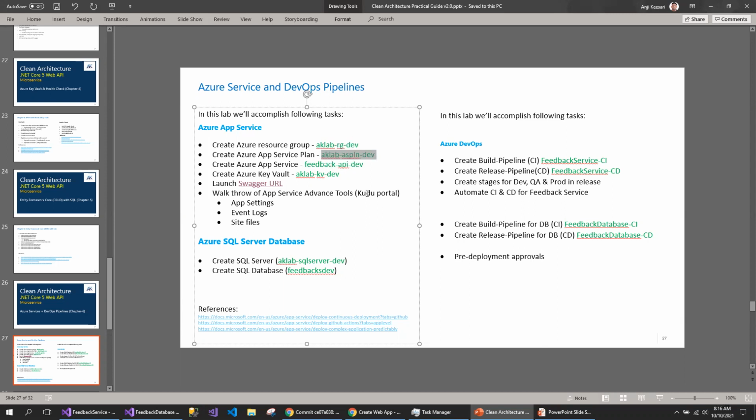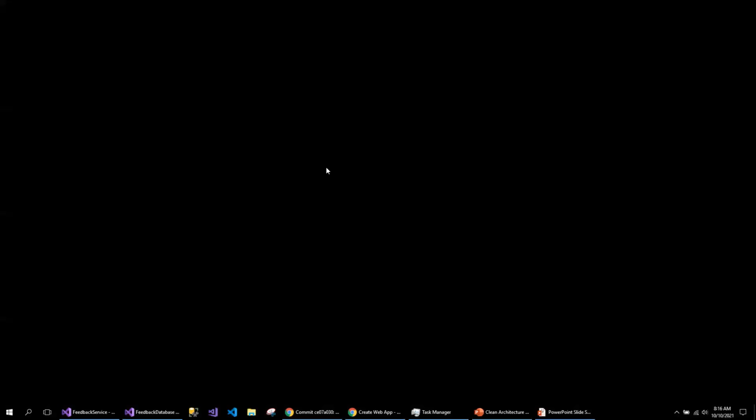Same thing with the app service plan. The same app service plan I might use for QA also, for example. If I want to create a separate app service plan for QA, what I'm going to do is give it the same name as the service. I will say feedback hyphen app service plan dev. That means that app service plan is dedicated to the feedback service itself. As I mentioned, it all depends on the requirement. You can go with your company naming conventions.